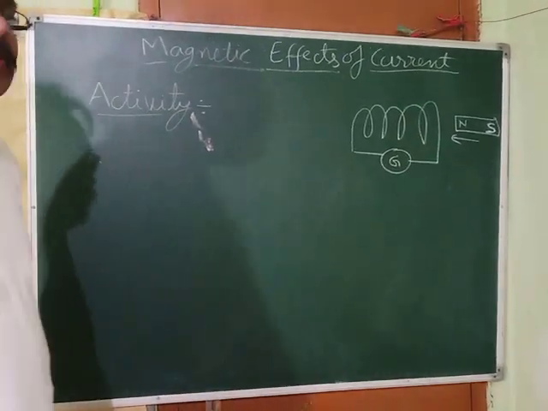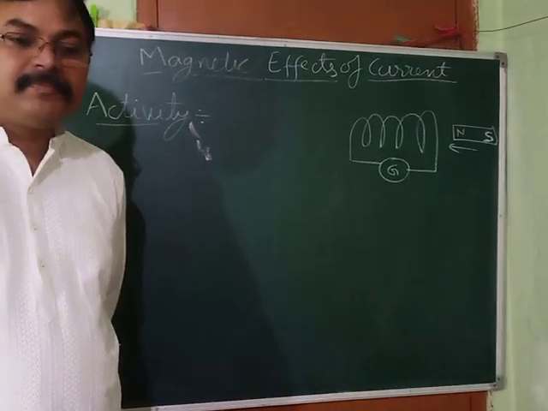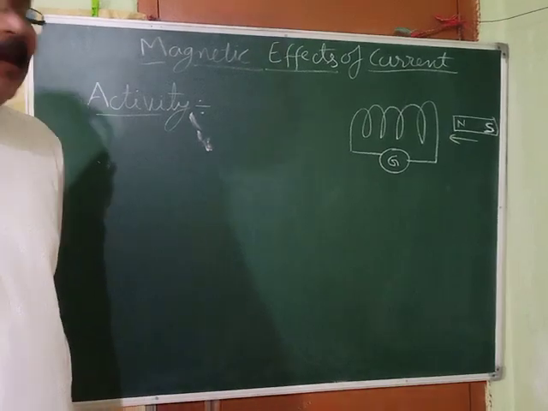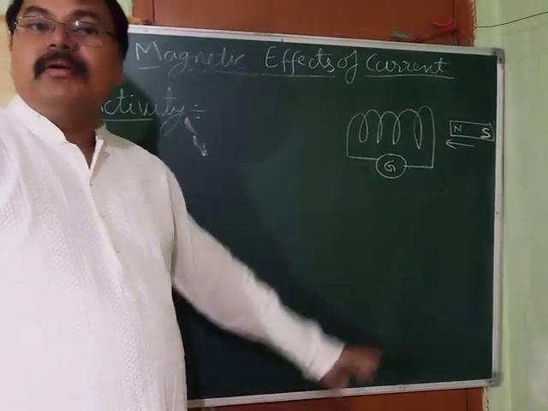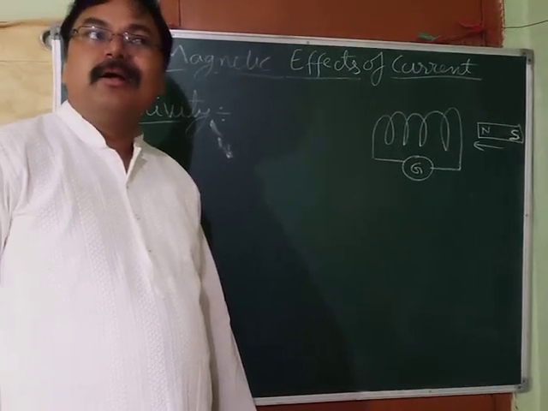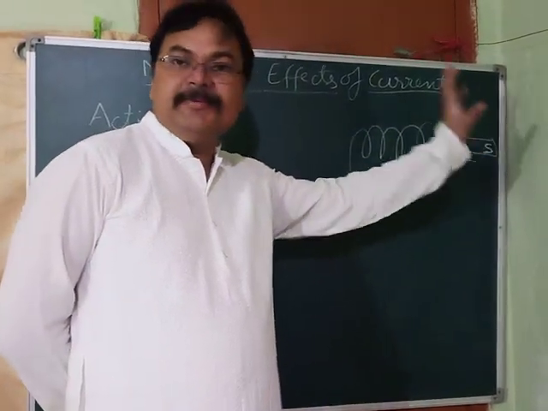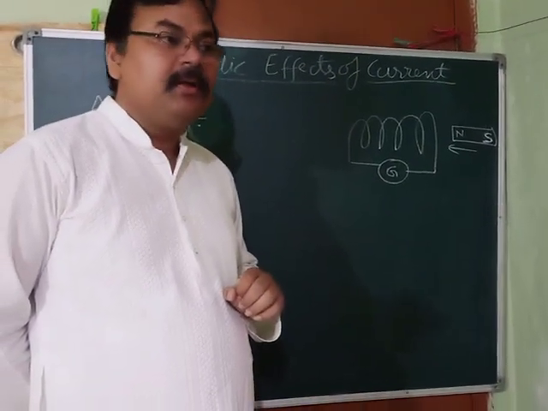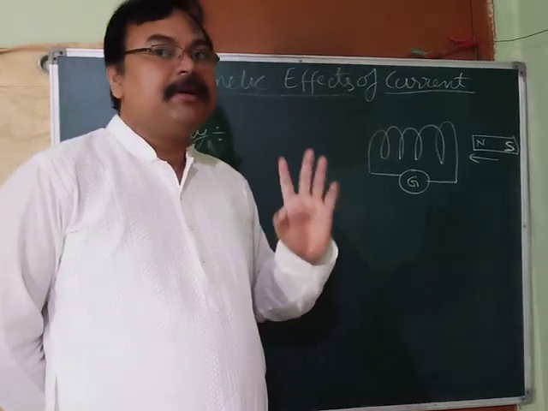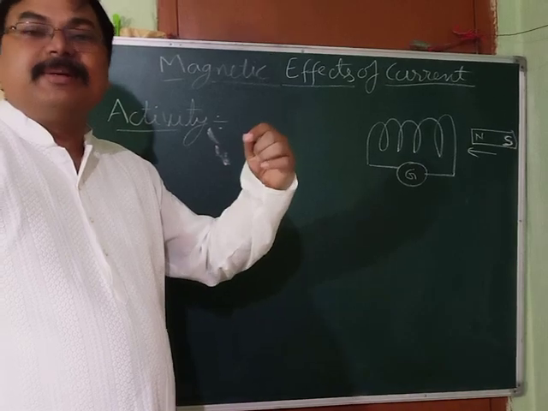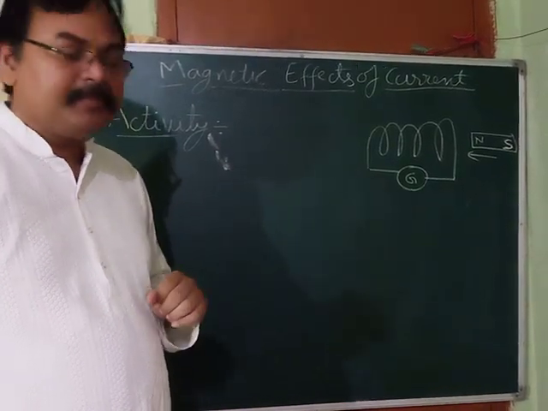Let us take a coil connected with a galvanometer, and let us take a bar magnet. Okay, now written this much. After that, now we will write in steps. At the first step,